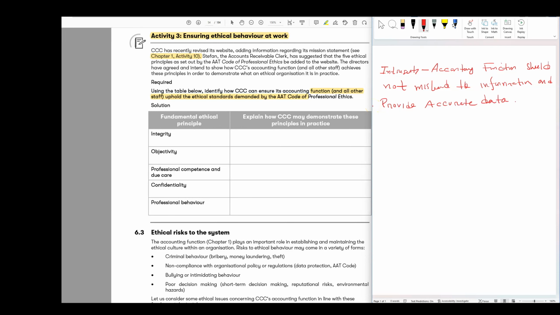The next one we have is objectivity. Objectivity, we should avoid the conflict of interest. So staff must not allow bias. Staff must not allow bias and conflict of interest